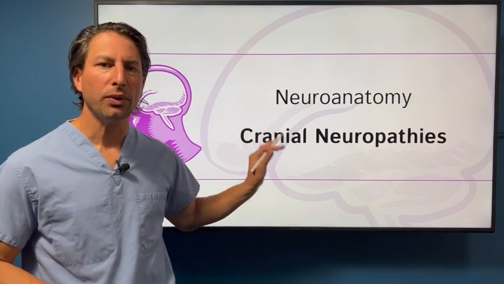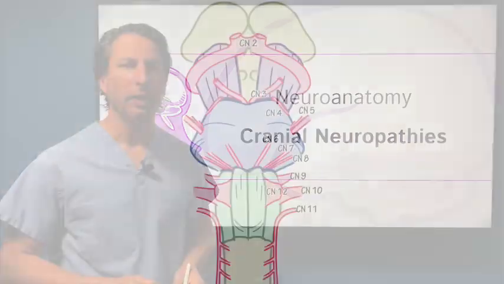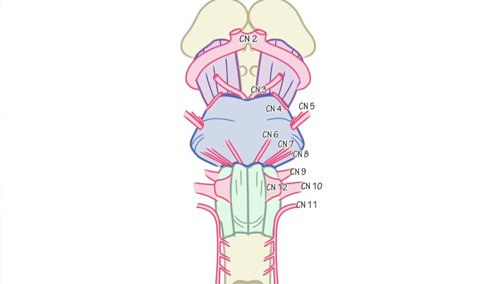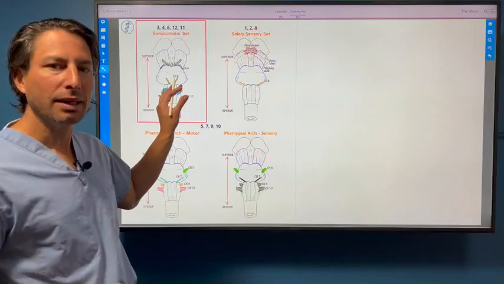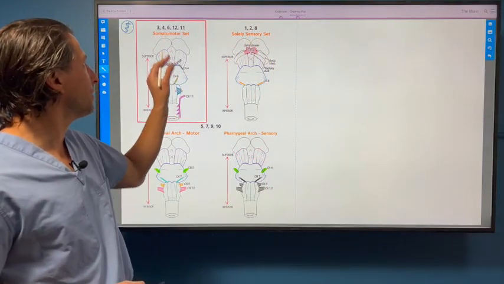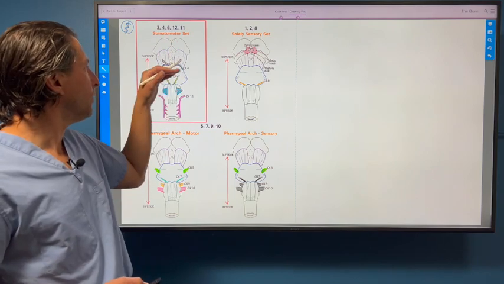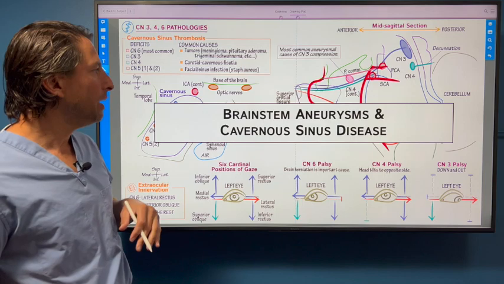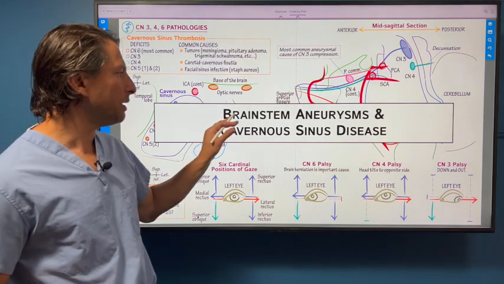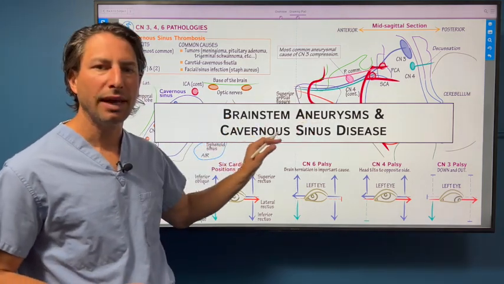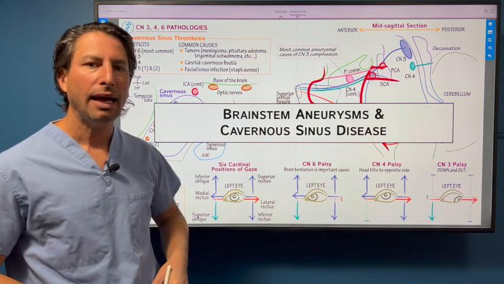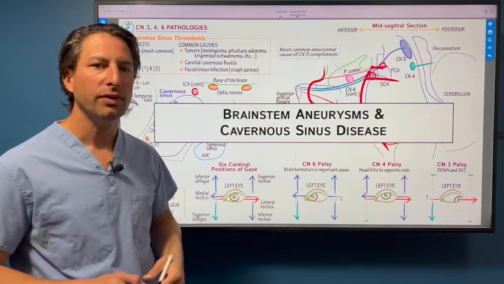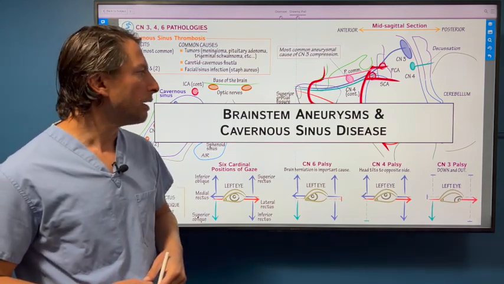So here we're going to walk through cranial neuropathies in neuroanatomy. We're going to start with disorders of this somatomotor embryological set here, 3, 4, 6, 12, and 11. We're going to focus on 3, 4, and 6 in this first section. We're going to focus on brainstem aneurysms and cavernous sinus diseases as different causes of 3, 4, and 6 cranial